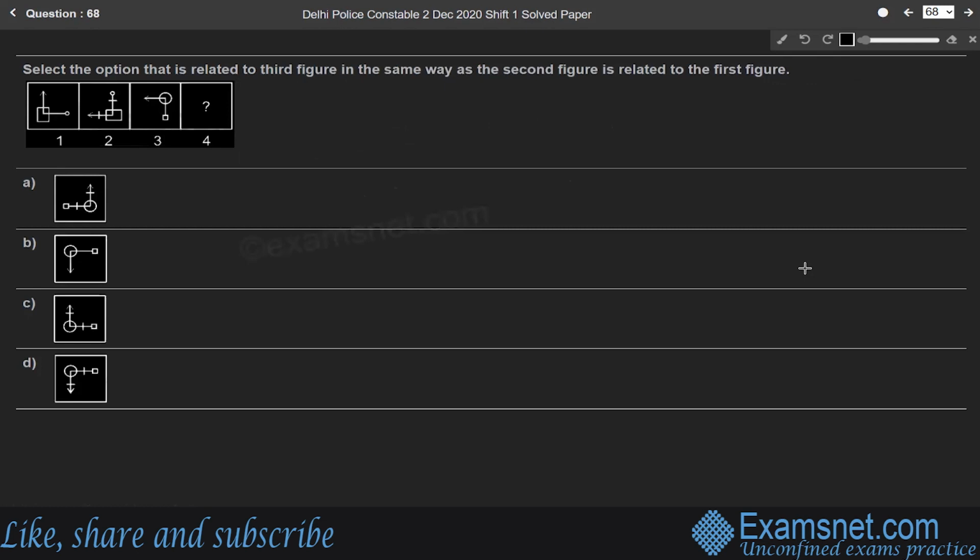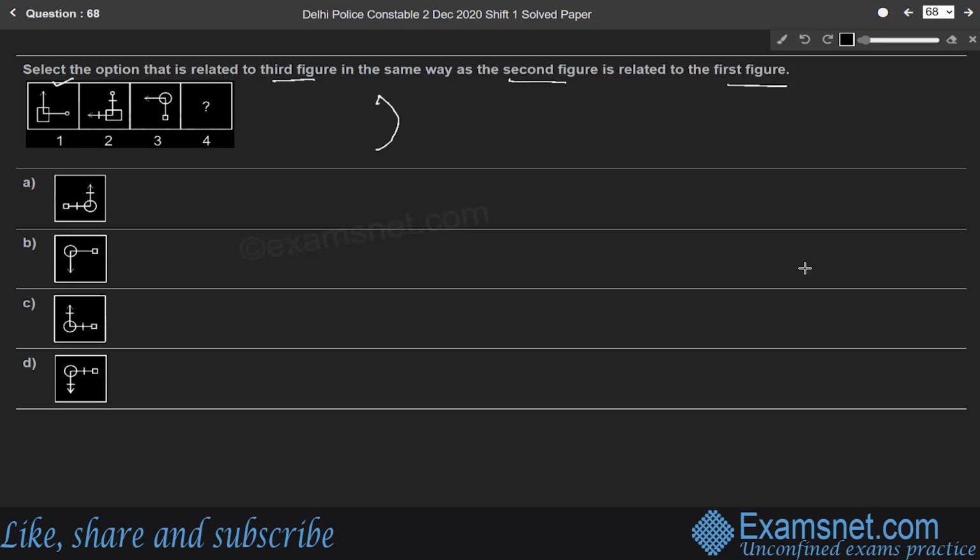Question 68. Select the option that is related to the third figure in the same way as the second figure is related to the first figure. So here are 3 figures. Look at the first and second figures. The first figure is like this, right? When this first figure is rotated through 90 degree